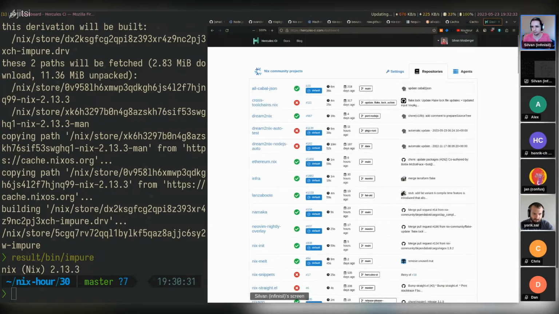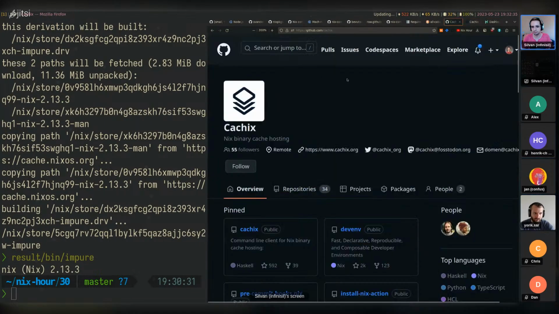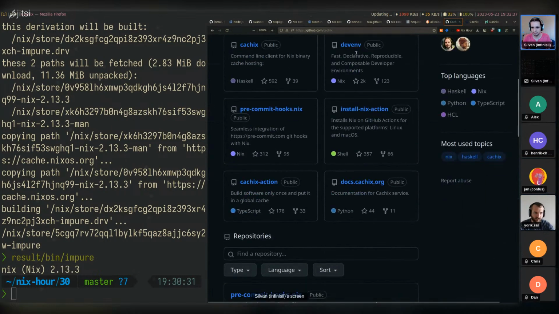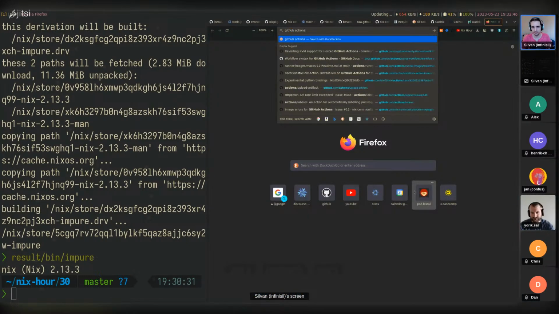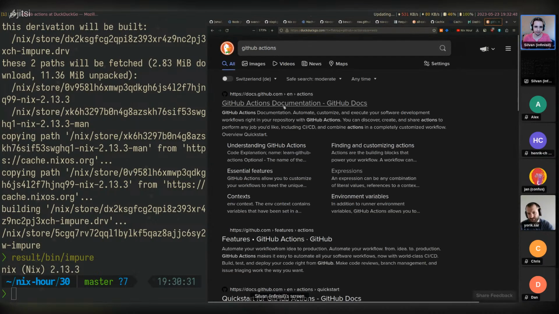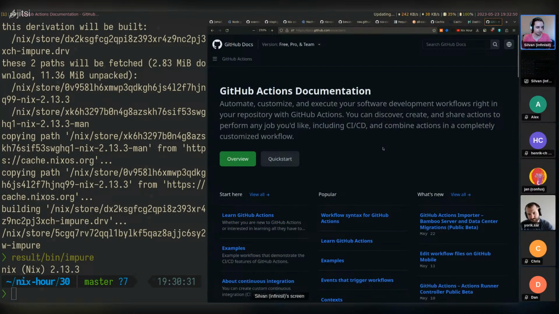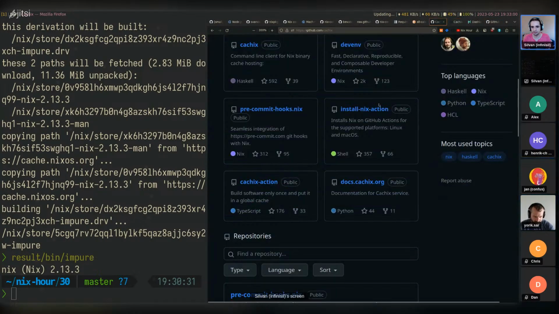On the cachix side, there are also things like install-nix-action and cachix-action. This is for GitHub Actions. GitHub Actions are available by default for public repositories with some limits, but it's fairly open. So a lot of people are just using GitHub Actions, using these cachix-actions.